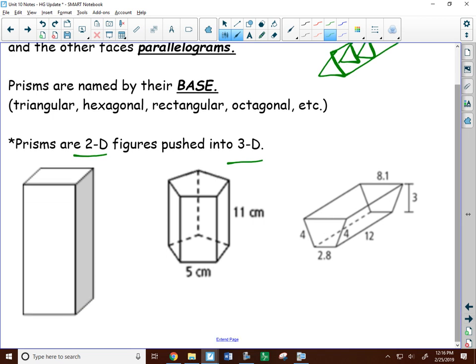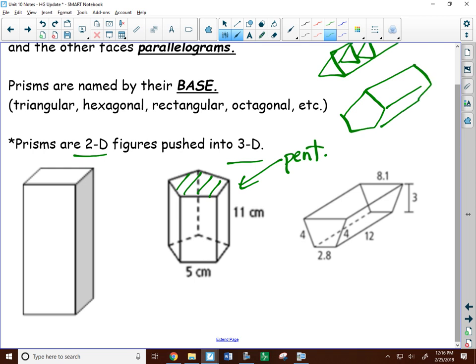So let's look at the pentagon one here. This is a pentagonal prism. Now it's named by the bases. So this shape is on its base, but I just as easily could have drawn the pentagonal prism like this, and then the pentagonal prism would not be on its base. So base here does not mean bottom. That's very important. Sometimes a big error is students will think base has to mean the bottom. Nope. It means